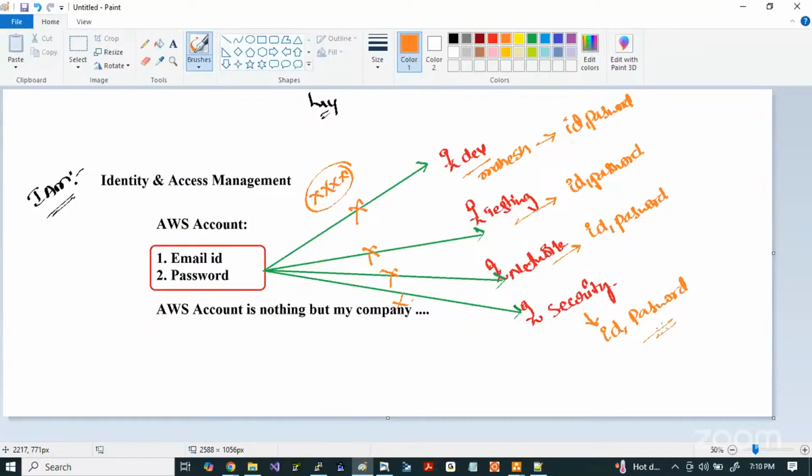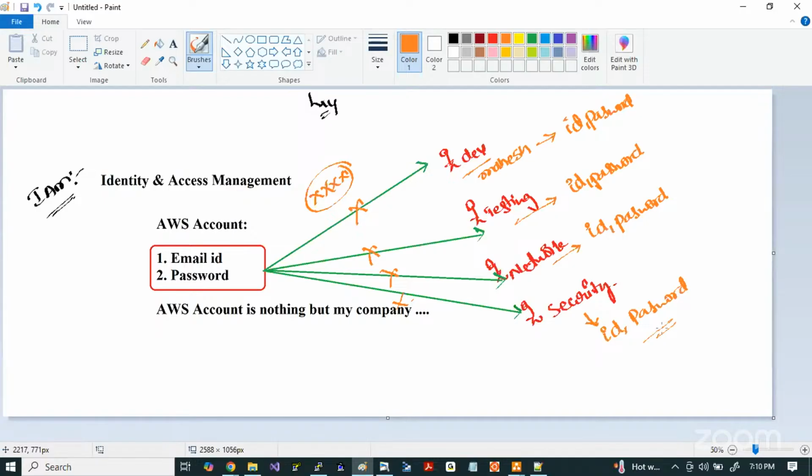You will not use your CEO credentials, you will not use your team leader credentials, you will not use your colleague credentials to do your day to day work. Every individual is going to have his own access privileges, where each and every individual is going to perform his own activity. Now in AWS, if I would like to provide such kind of a facility to the end user,